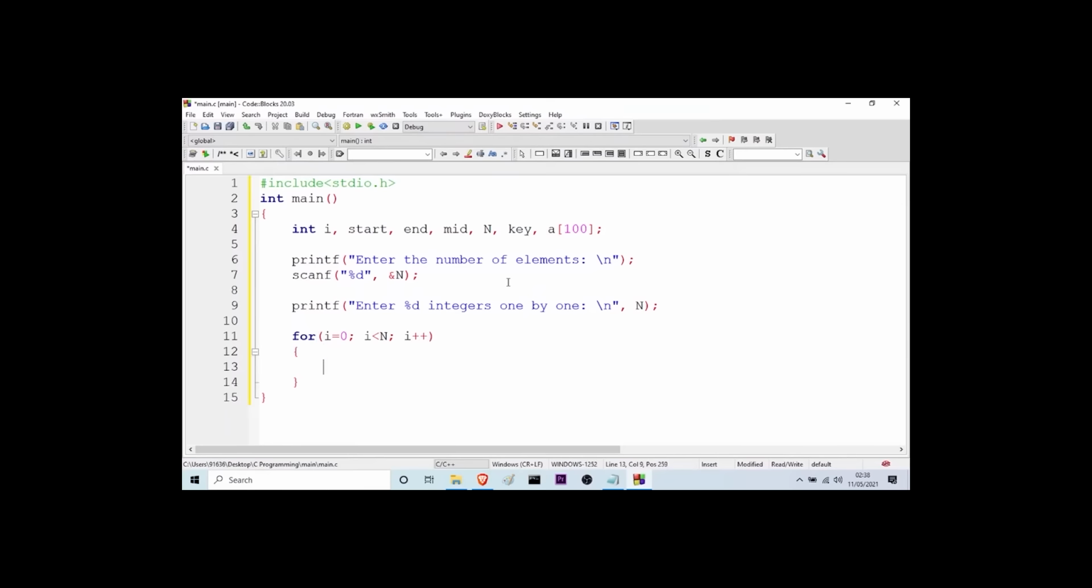Inside the curly braces I will use the scanf function, and here I will take the input from the user and store it by using %d, a of i. So this is the way how I can store the input from the user, and after that I will go out of this for loop,